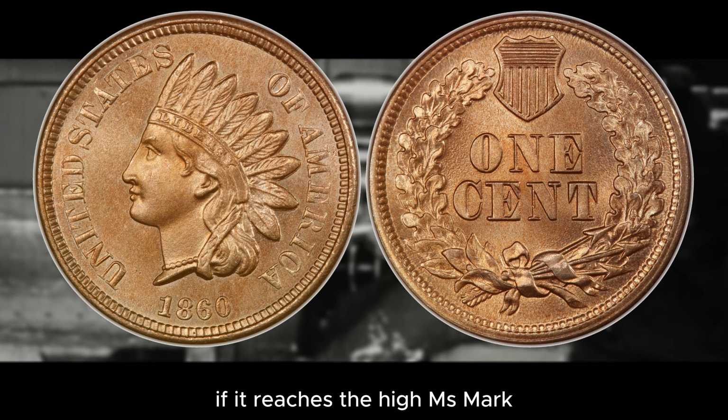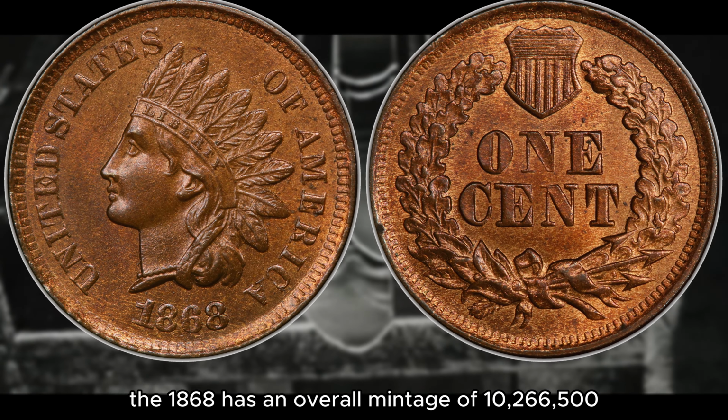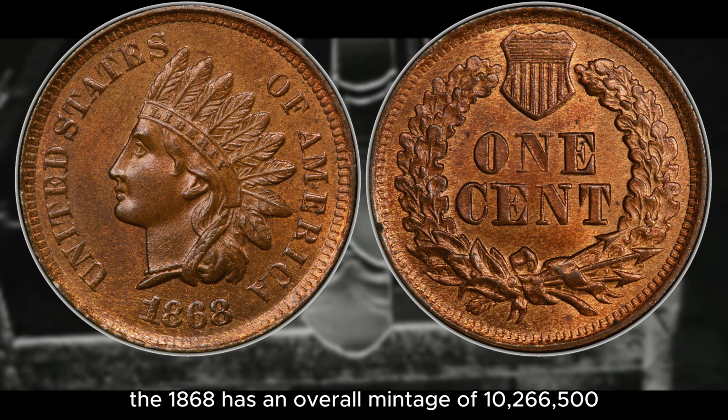Number 9 is going to be the 1868 Indian head cent. Now you don't have to identify any errors or varieties for this penny. The 1868 has an overall mintage of 10,266,500. Now this coin sees some pretty significant price jumps as the grade increases, but it is actually quite valuable